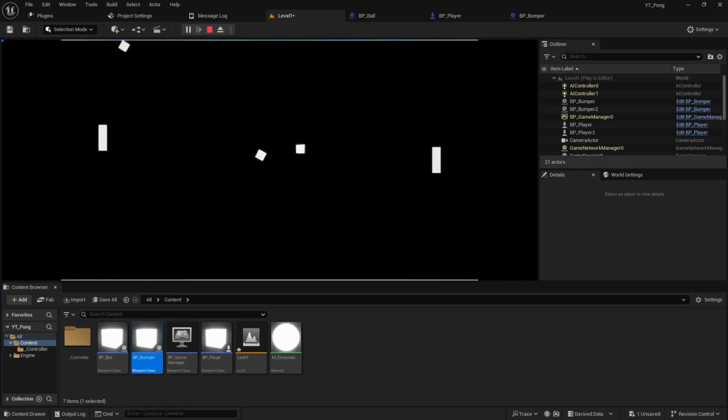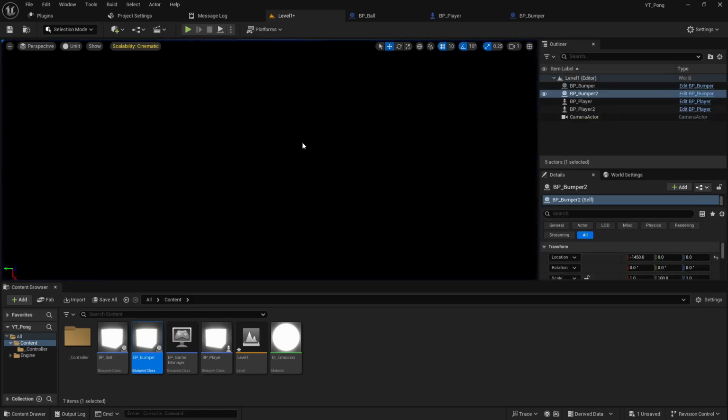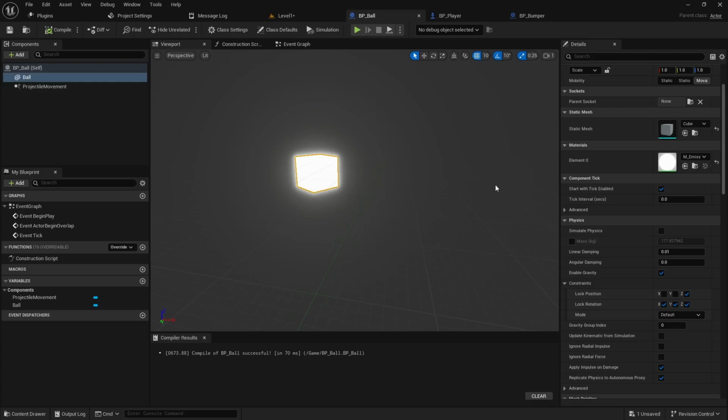That looks pretty good. You can see we have some issues with how the script is handling the rotation though. And you don't have to use the script's method for moving the ball around. We could actually go back in the ball object, and another way we can do this is through the physics engine. So if we tell it to simulate physics, and then say we set the linear dampening to 0, we get rid of gravity, constraints are locked in,